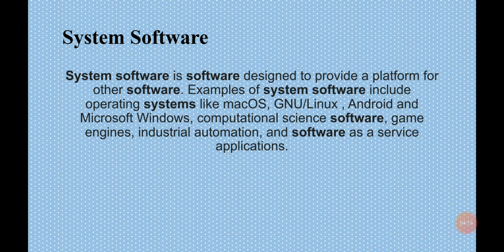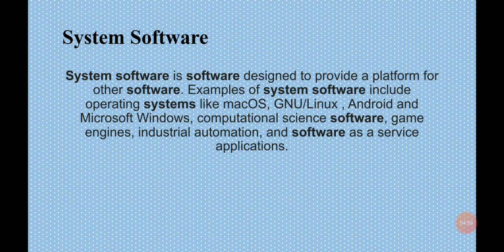A system software is any computer software that manages and controls computer hardware so that the application software can perform. It is defined as a collection of programs that handles the overall operation, such as the maintenance and performance of your computer system. The types of system software include the operating system, as we are using Windows. Windows is the system software which helps us to interact with the computer system.